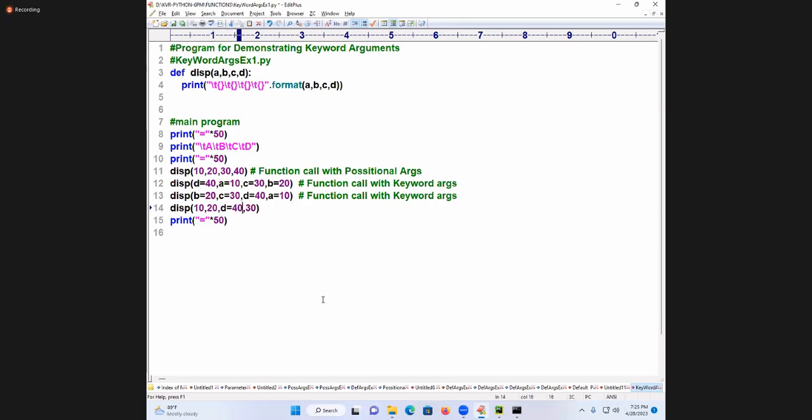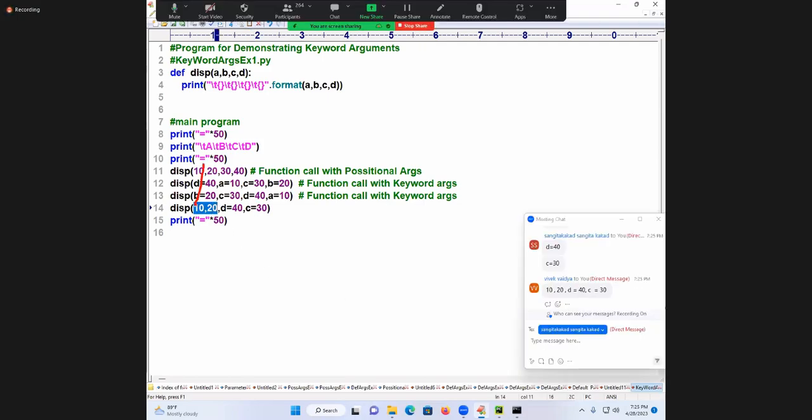D equal to, C equal to. What is this combination? First two, 10 is going to A, 20 is going to B, and D is going to D, C is going to C. Are you following me? What is this called?